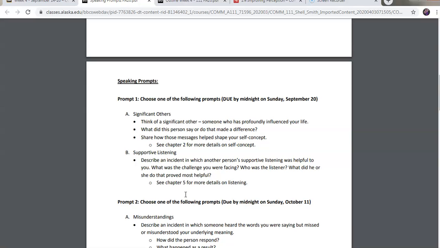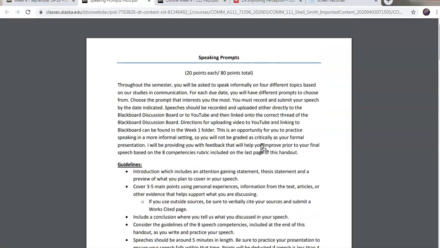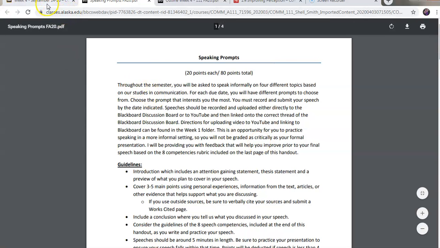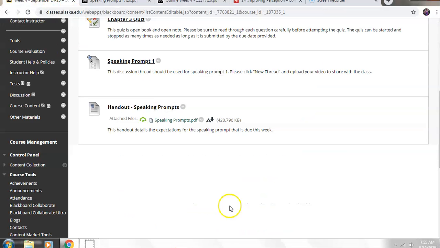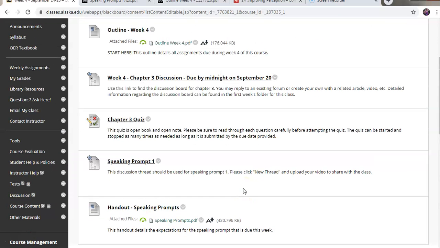Once you have practiced your speech, written out the main points that you plan on covering, and you're ready to record, you're going to record in the same manner as you did your introduction speech. So you need to record this on either your smartphone or on your computer and then upload it. My preference would be that you upload it to YouTube, but you can also upload it directly to Blackboard if you would like. Once you have your video uploaded to YouTube, you will need to share the link.